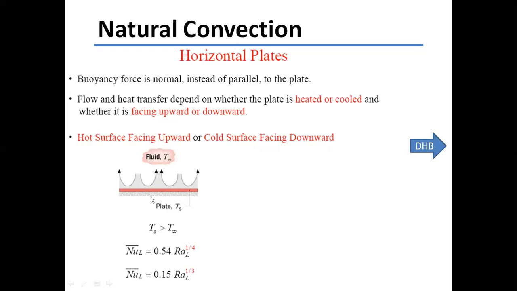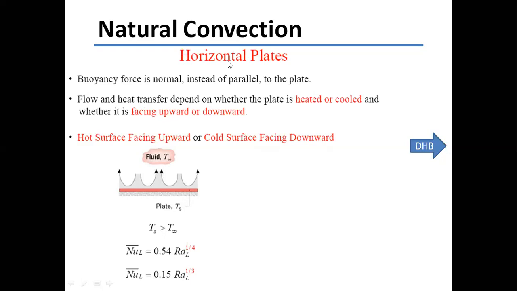The bottom is insulated, so no interaction with the still air. When this still air comes in contact with this hot surface facing upward, convection currents are set up like this, right? Vortices will form. Circular motions will happen like this,